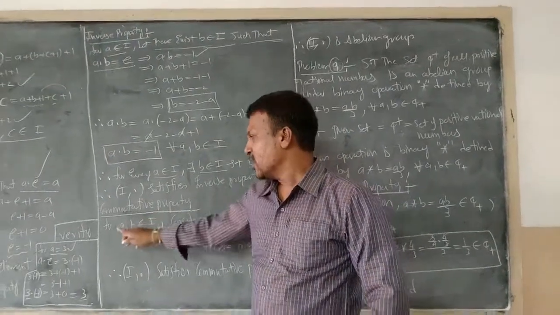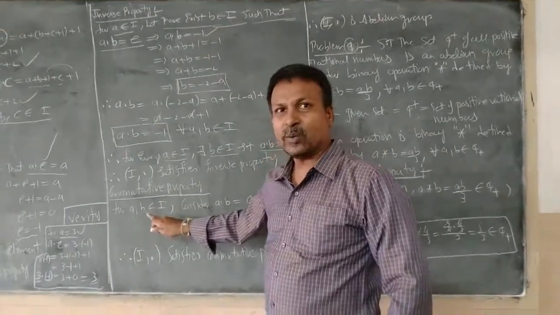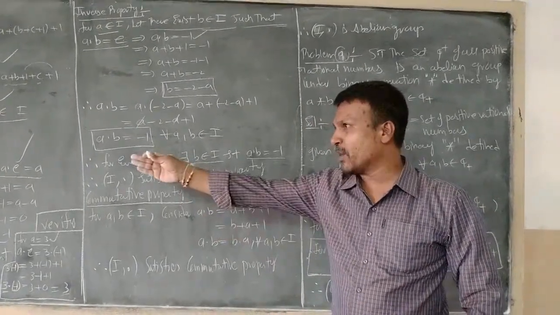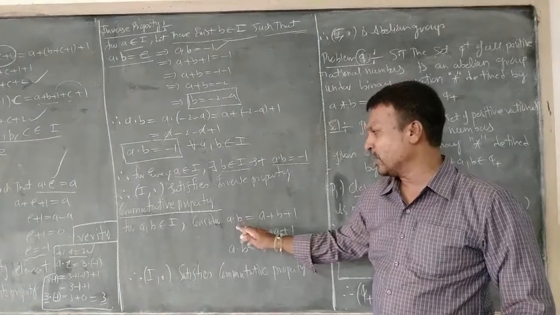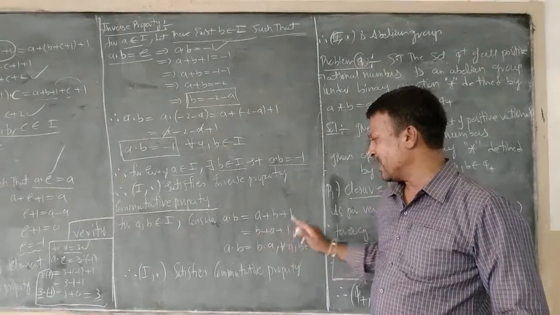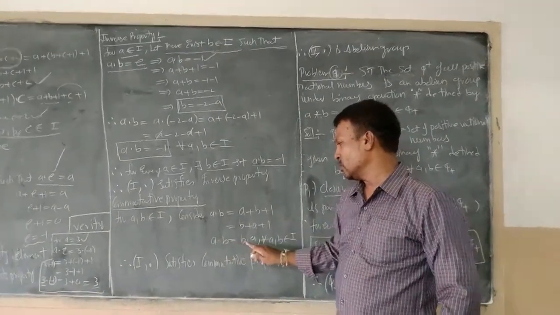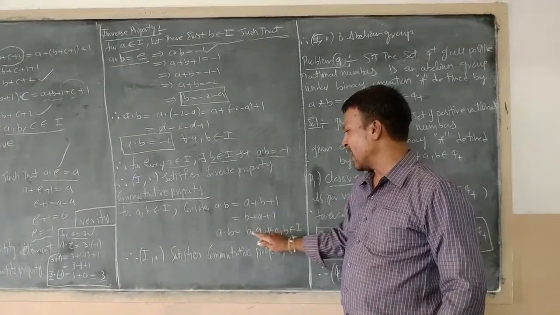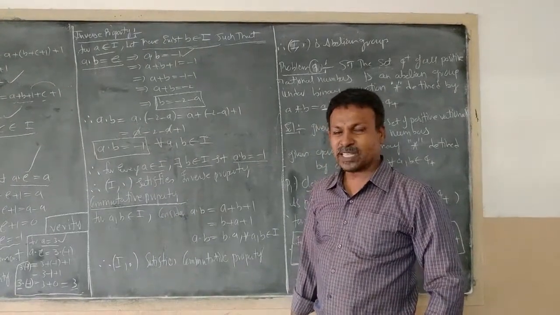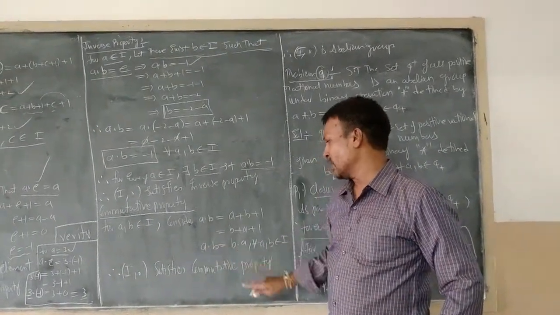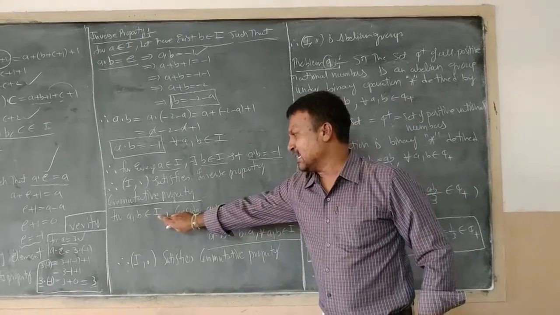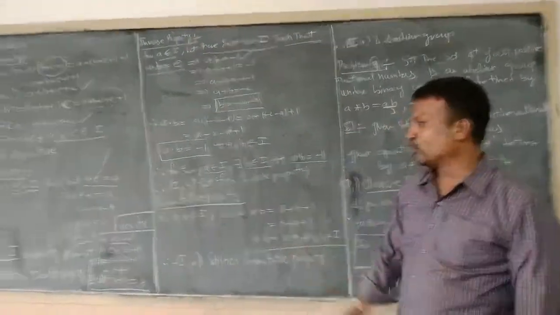What does the commutative property state? For a, b belongs to I, a dot b should be equal to b dot a. Right. Now I consider the left hand side part of the commutative property with respect to the given binary operation dot. a dot b, by the given operation, can be written as a plus b plus 1. This a plus b can be written as b plus a plus 1. Right. Therefore, a dot b is equal to b dot a, as b plus a plus 1 can be written as b dot a from the given binary operation dot defined by a dot b is equal to a plus b plus 1. Right. a dot b is equal to b dot a for every a, b belonging to I is being satisfied by the elements of integers I. Therefore, I dot satisfies the commutative property.